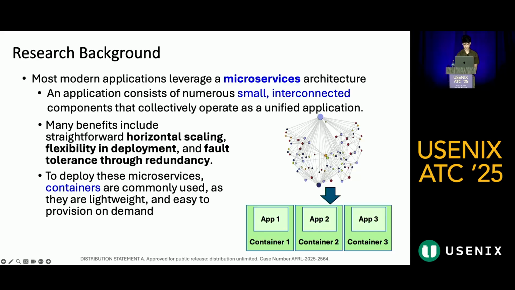This design offers several major benefits. First, it allows for horizontal scaling, where we can scale out individual components based on demand. It also provides flexibility in deployment, since services can be updated or replaced independently. And more importantly, it offers fault tolerance through redundancy, helping to ensure high availability even if some components fail. To deploy these microservices efficiently, containers are widely used. Containers are lightweight, start quickly, and are easy to provision on demand, making them a natural fit for dynamic scalable